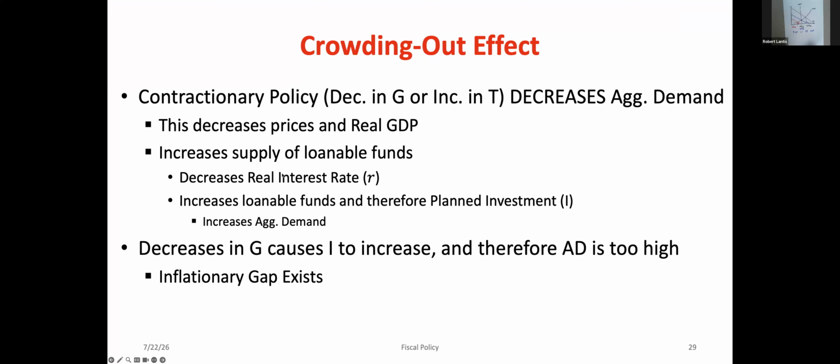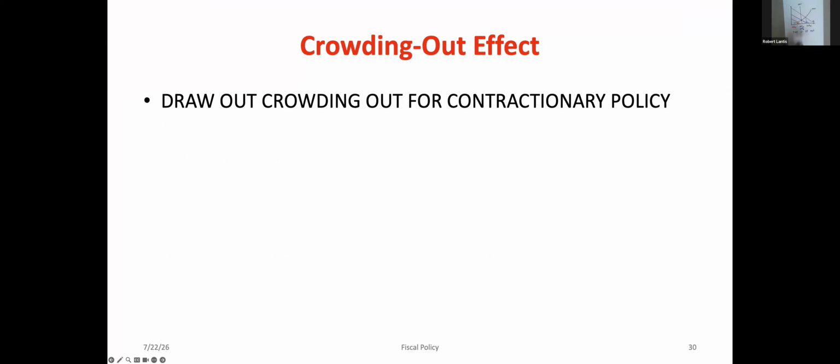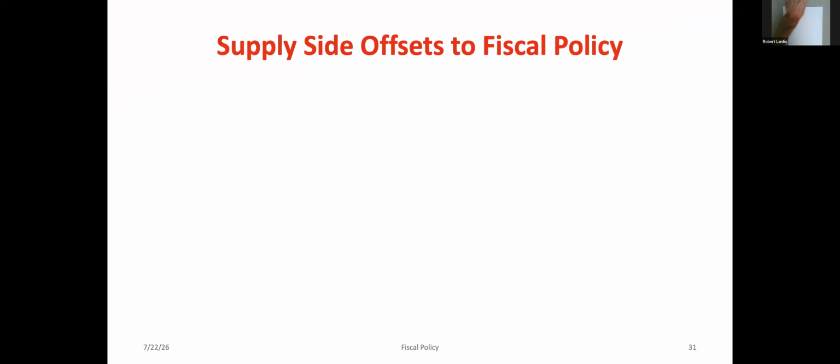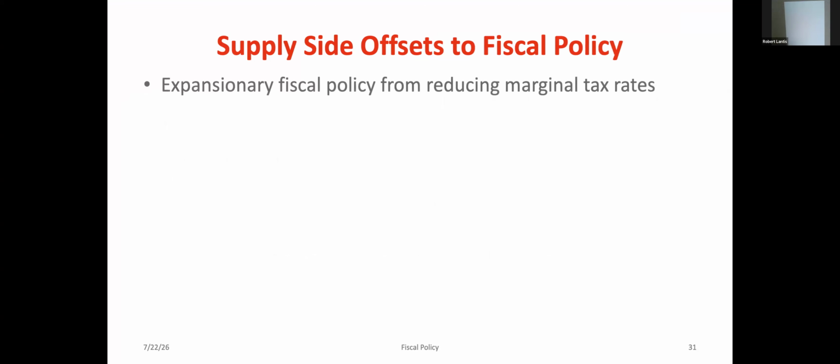So that's what we just worked through here. I left that slide blank to draw those two different graphs out for us. We're now going to think about a secondary effect. So if we see these changes in government spending or in taxes, let's first think about if I had expansionary fiscal policy. If I've got expansionary fiscal policy, I'm trying to increase GDP. One way I could do that is by reducing tax rates, right?